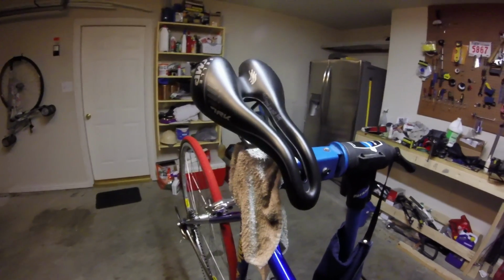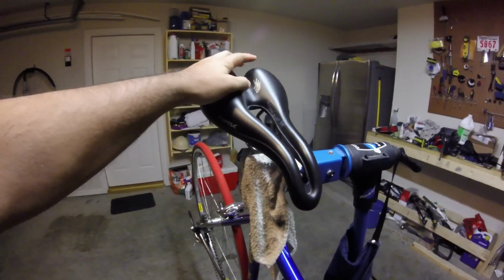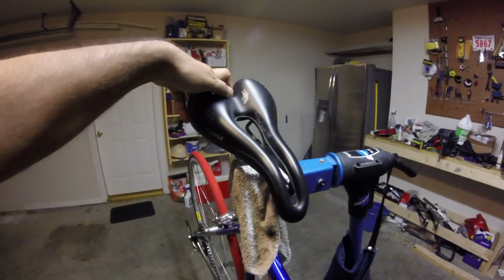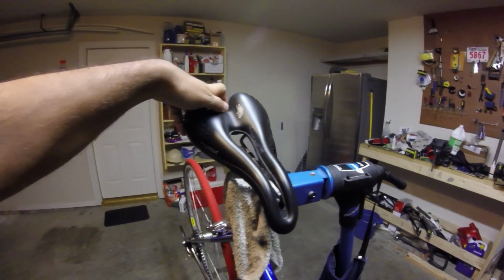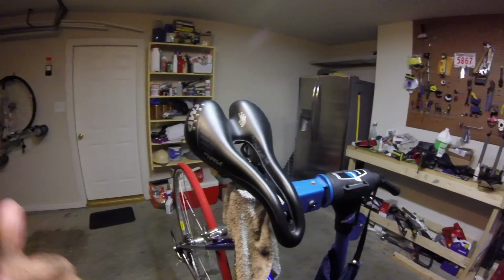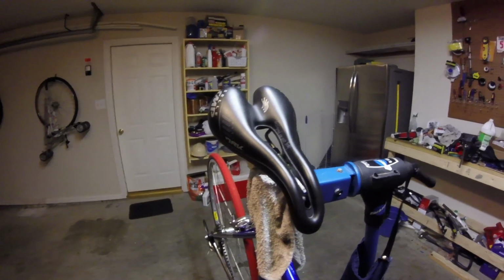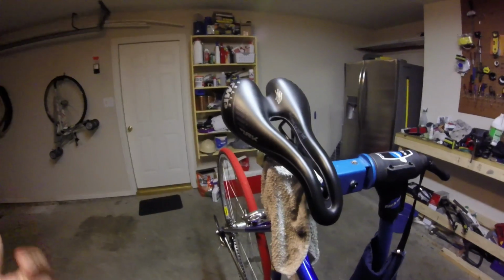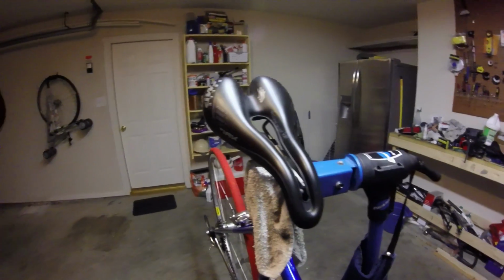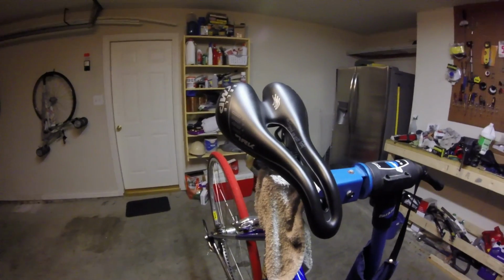And just as a point of reference, up until the 1990s, all saddles were about this wide. If you look at the old Brooks B17, that saddle was about 7 inches wide. If you look at the Vetta and other manufacturers of the 80s, they made saddles over 6 inches wide. And again, prior to the 1990s, saddle soreness, testicular cancer and erectile dysfunction, those weren't problems that many people associated with cycling. There were, of course, people who were saying that for a long time, ever since cycling's beginning,